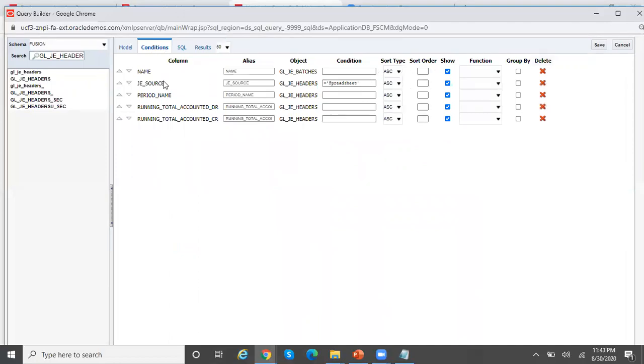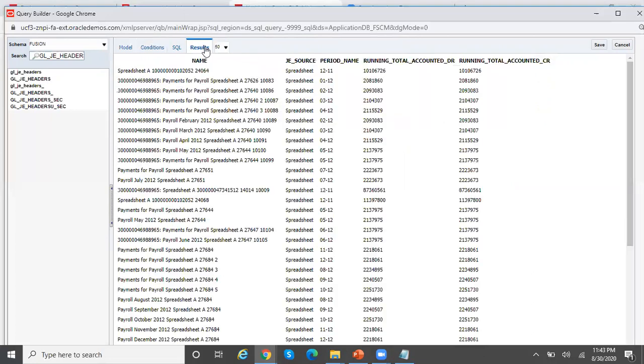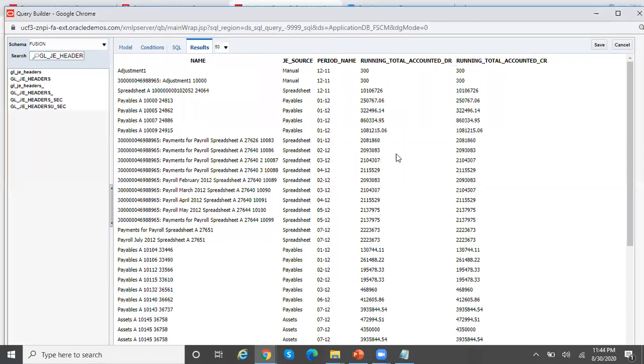If you want to sort the data based on a specific column, you can use the sorting, sort order, and you can also use some kind of functions here: left trim, right trim, and count functions, and also the group by. So let me just get rid of this. And now again, go to the results. You should be able to see the data of other sources as well.